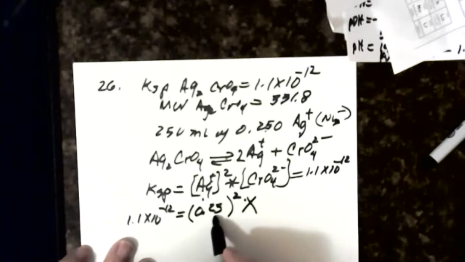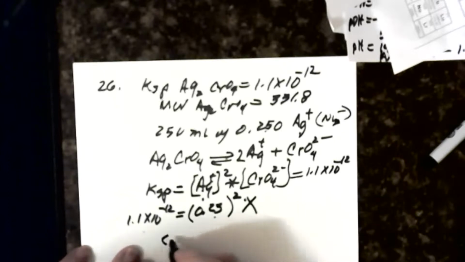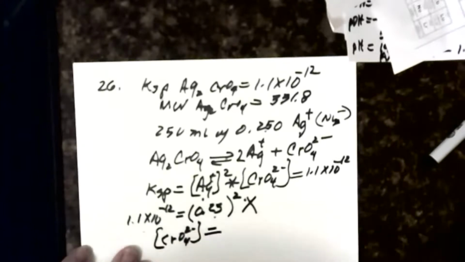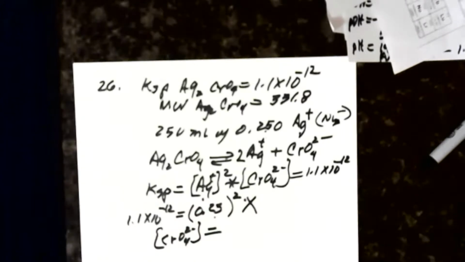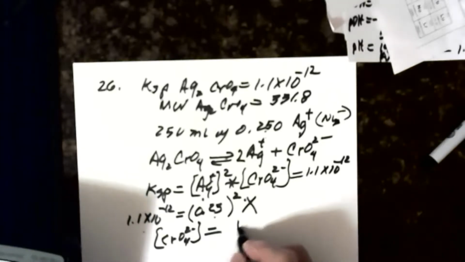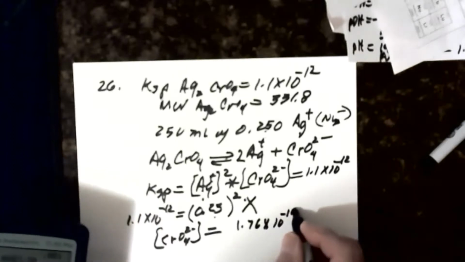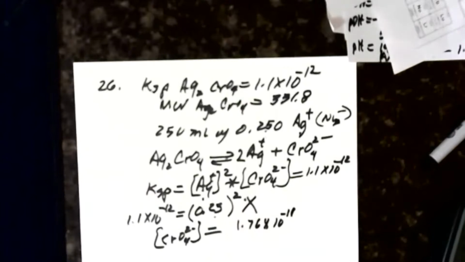My chromate ion concentration is going to be equal to 1.1 times 10 to the minus 12, divided by 0.25 squared. And I get 1.76 times 10 to the minus 11 moles per liter of silver